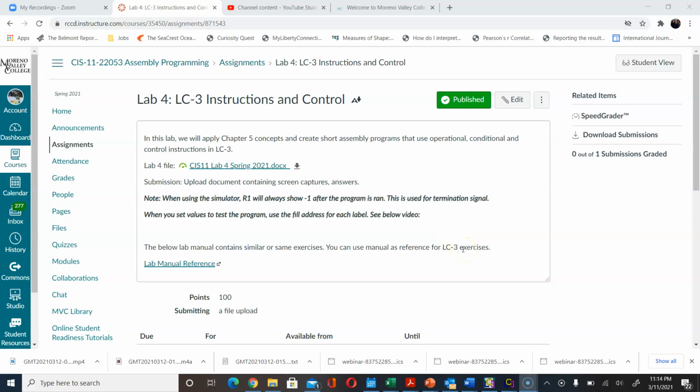Hello CIS11. In this video I want to clarify how you need to test your input for Lab 4 exercise